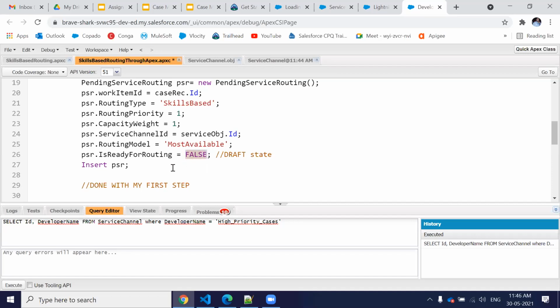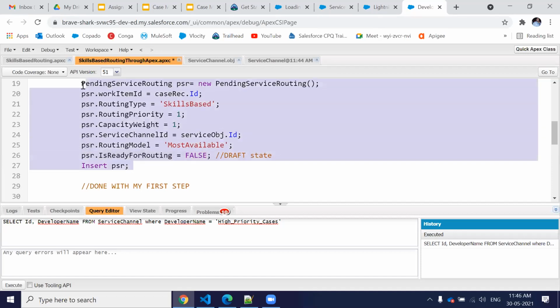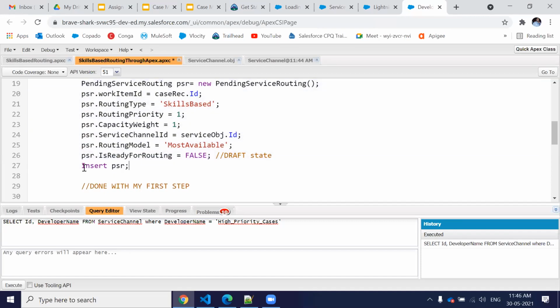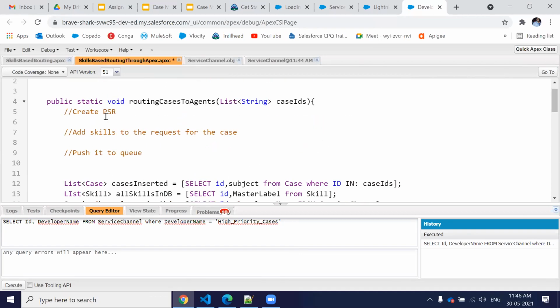By providing a false value, we are holding this record. We are not sending it to the omnichannel yet. And by that, we can insert this with this false value. So right now we have created a pending service routing, but we have not sent this record into the omnichannel. We just create and insert it. So the first step is completed.